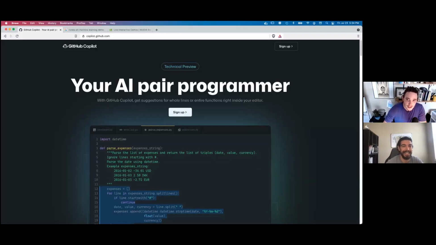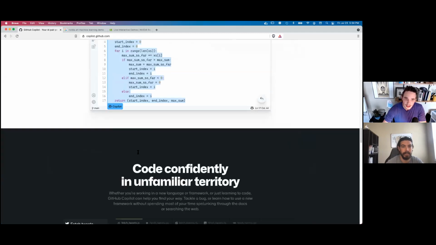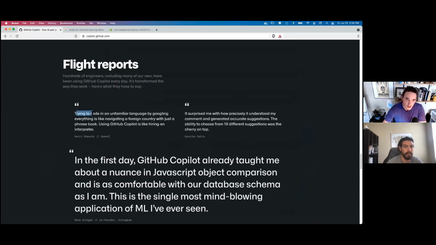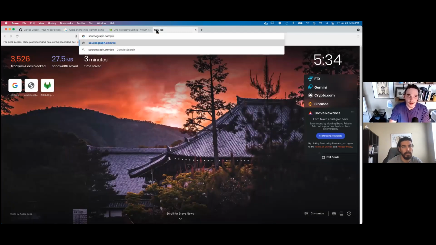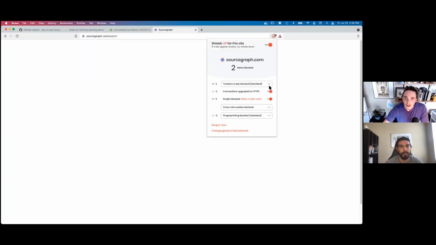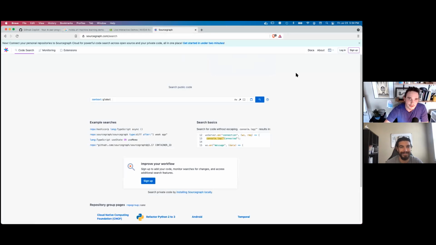I know we're going a little long, but I did want to show one alternative to Google searching. This is my absolute favorite way to learn a new language. Not spoken language, computer language. One of the comments here was about trying to code in an unfamiliar language by Googling everything. They were like, man, that doesn't work. So my favorite way to learn a new language these days is to use Sourcegraph. Have we talked about Sourcegraph? No. All right, so it does require JavaScript, like everything does.